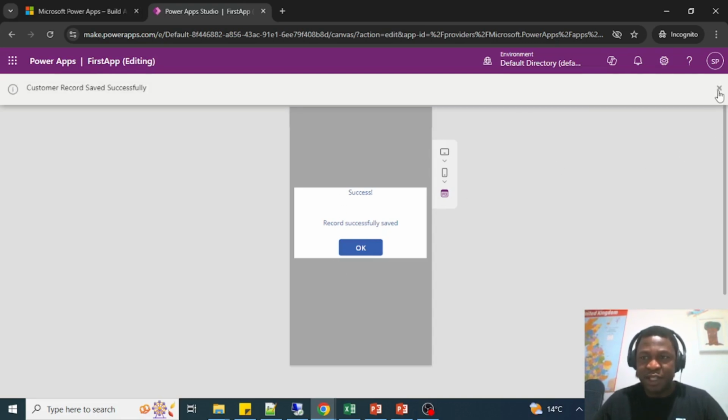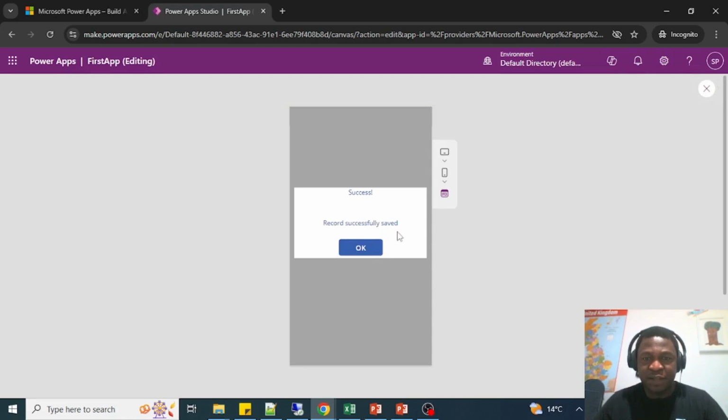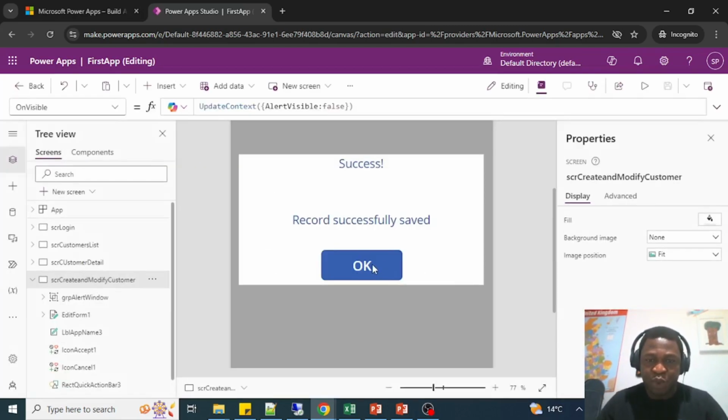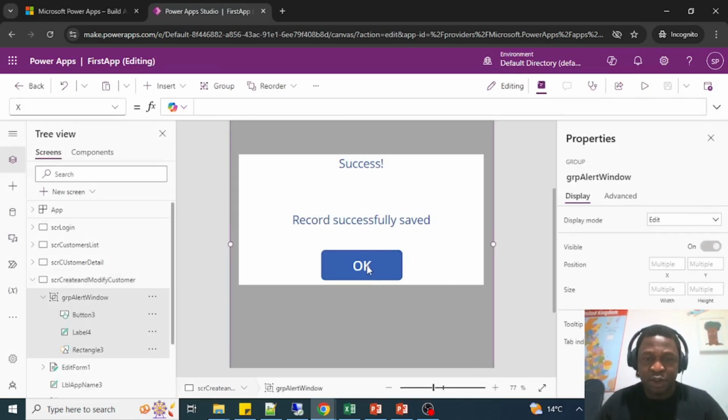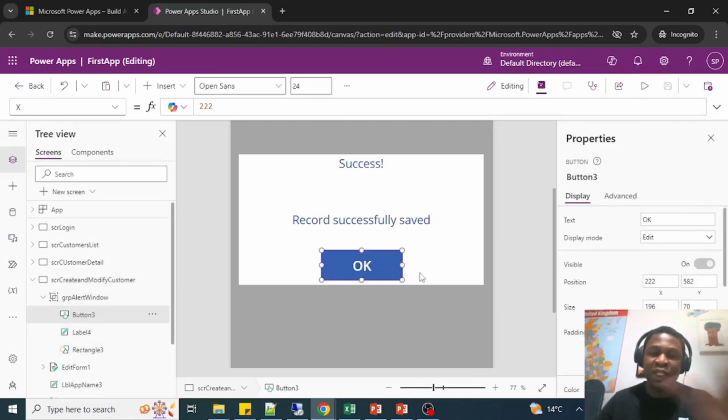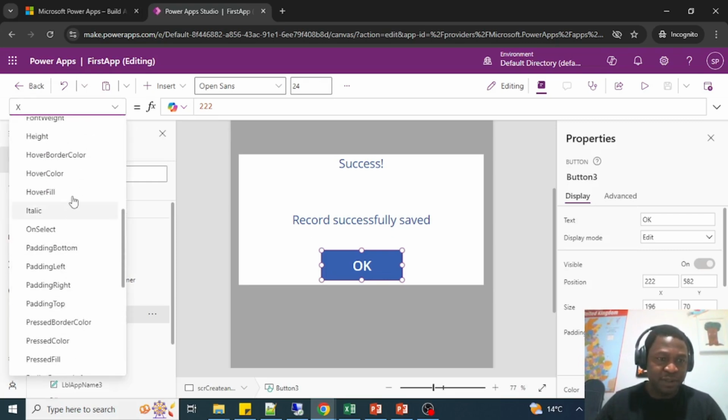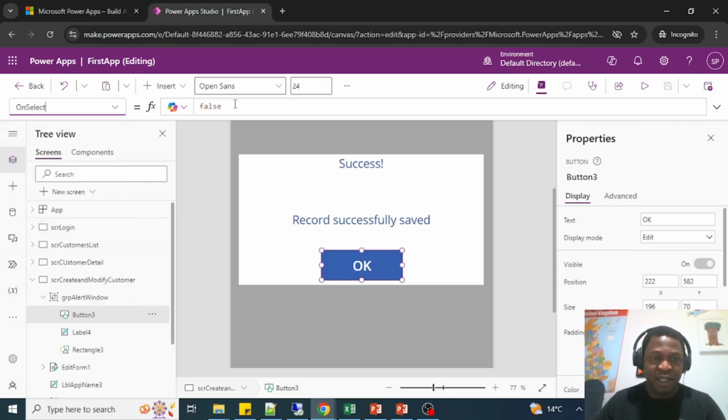You could see that we got record successfully saved. Okay, nothing happens because we have actually not defined anything to happen right there. So what we want to happen is, on clicking this OK button, we want the entire overlay to disappear. So let's go to the unselect of this right here